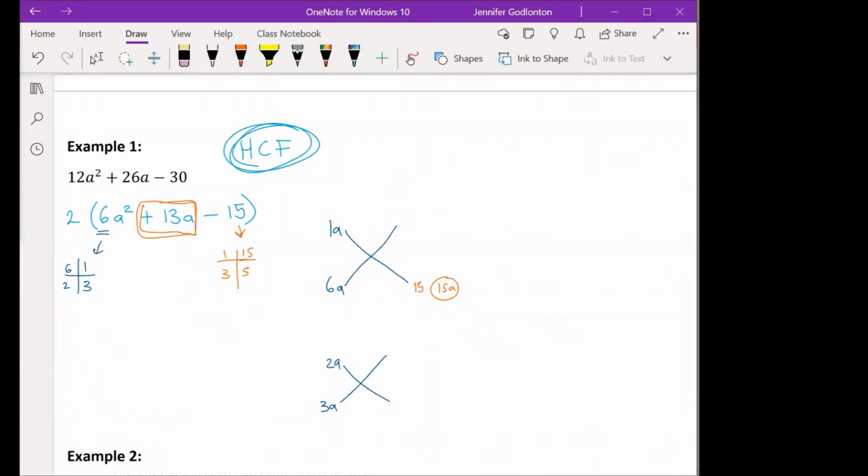So we try a different one. We put our 15 over there and our 1 over there. And here we can see our number is going to be way too big, because 6 times 15 is going to be a really big number. So we know that this crisscross is not going to work. So we take that crisscross away. Now let's look at our bottom crisscross. If I put my 1 there, oh, sorry, we didn't try with the 3 and 5. Sorry.